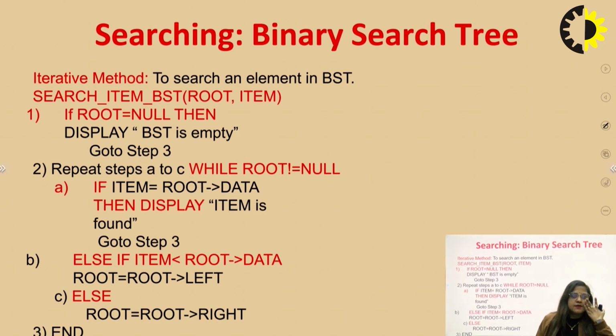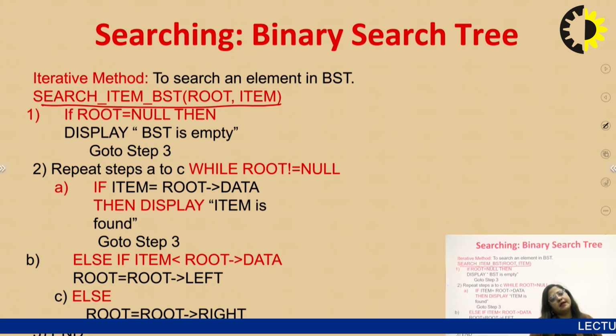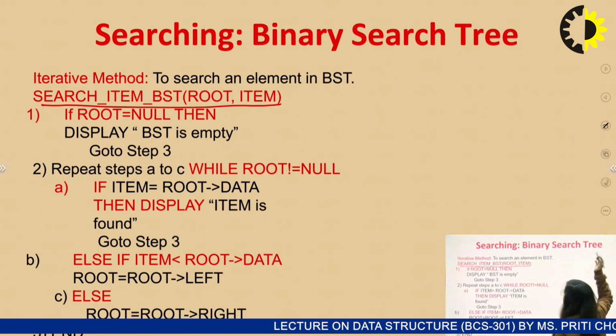Let's suppose we take an example here. So first of all you use this function, search item in BST. First of all, we take two parameters. The first parameter is root and the second parameter is item. Root means any item you want to search in your BST. So you compare the first one, root, with the root. There we take the two main parameters we use in searching an item. First of all we take an example here.